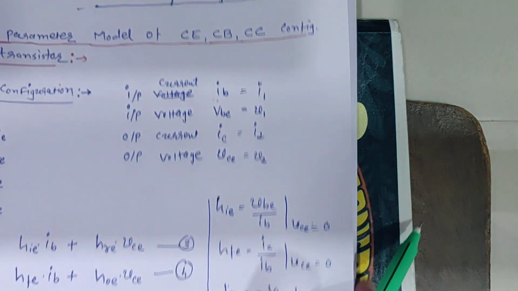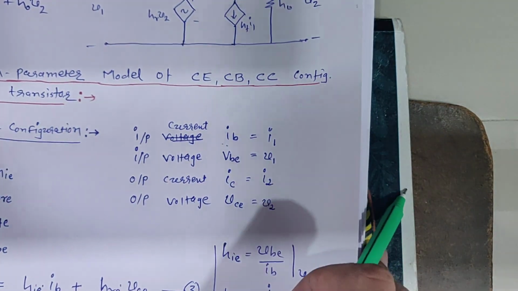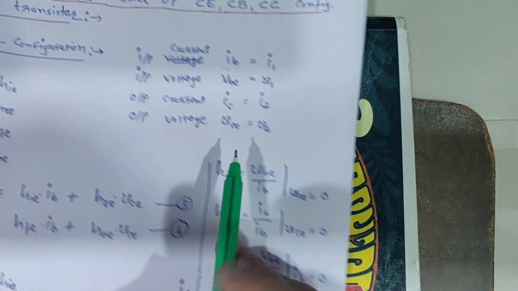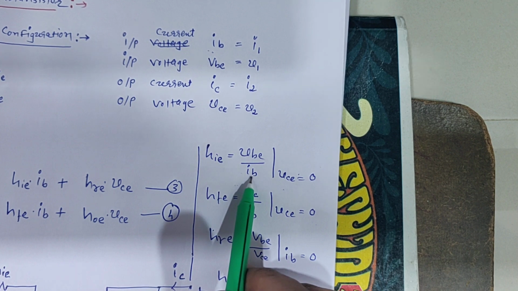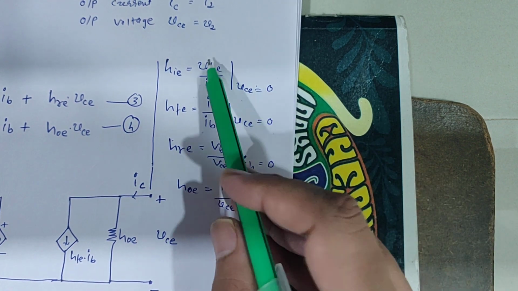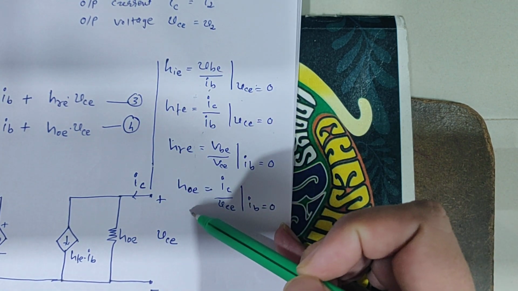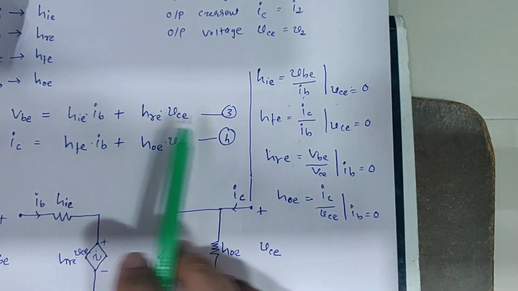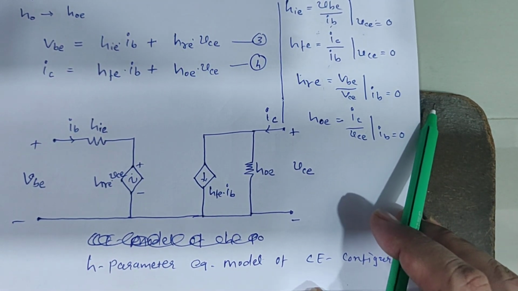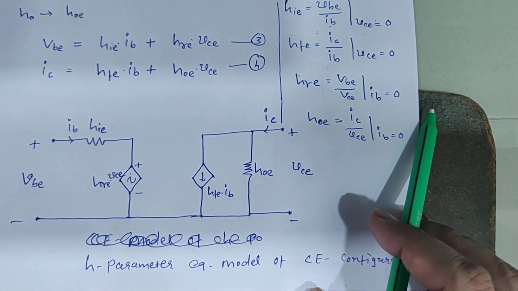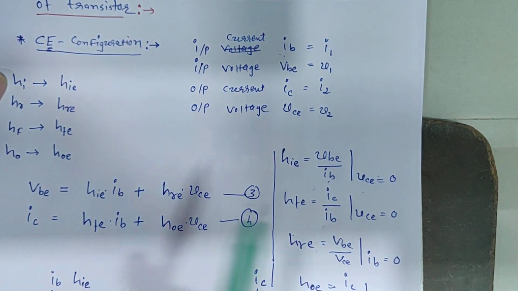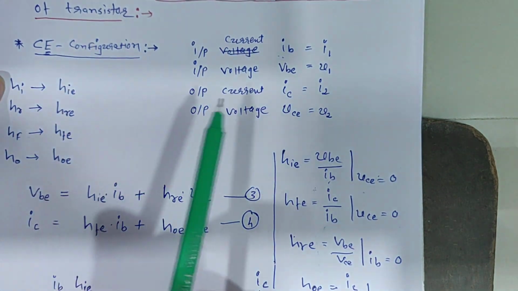So this is similar to the two-port parameter circuit for which we derived the equations, but here the suffixes are different. So you have to take care only of this, and you can easily derive the four equations of the H parameter equivalent values from equations number 3 and 4. So I think you will get a clear idea that if it is asked to draw the H parameter equivalent model for common emitter configuration, then you have to do the following task.